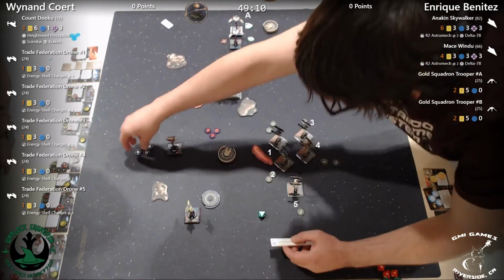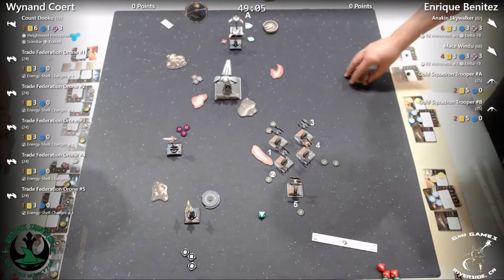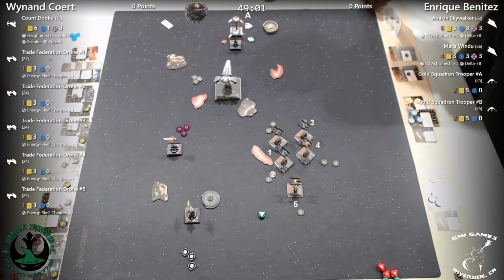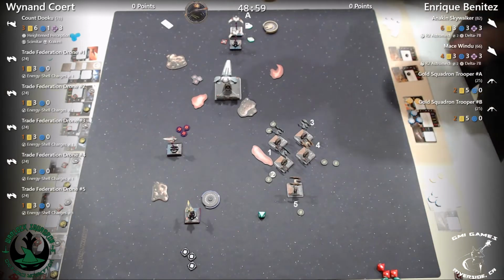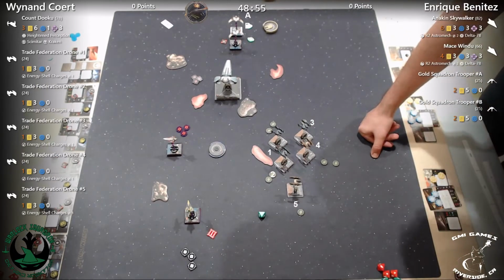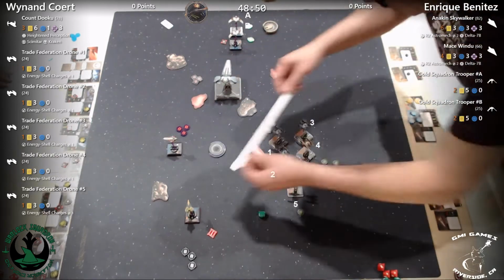Yep. And blew past the whole thing. Although he may take an energy shell for number 1. And Anakin's probably going to take one from number 5. And then they'll have to see if they want to reload or just... Yeah, I don't know. Okay, no shot for...